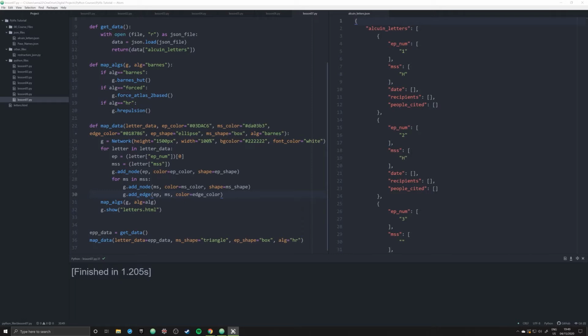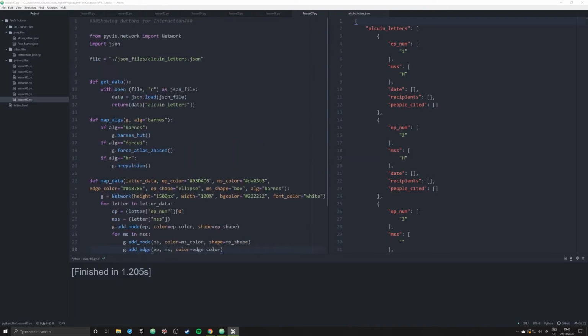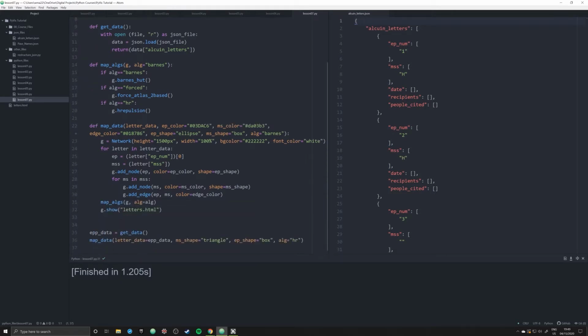This is video 7 in our tutorial, and in this video I'm going to be showing you how to add interactive buttons to your dynamic network graph in PyVis so that your users or you can interact with it and manipulate it in real time. And the way in which we do this in PyVis is very simple. All we have to do is simply type in